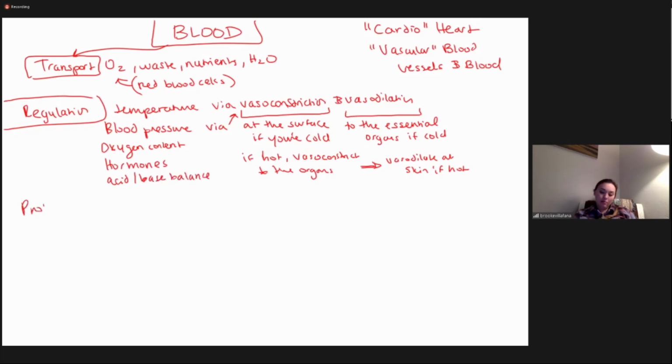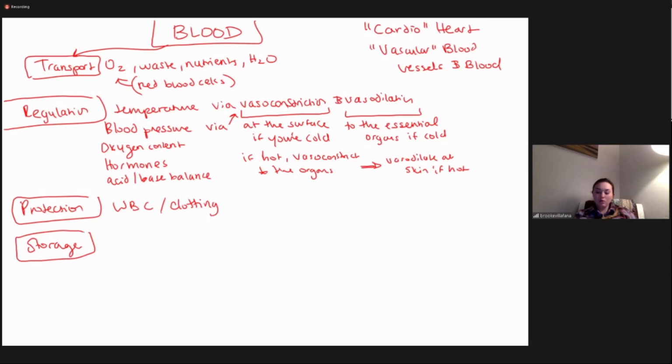Another function of blood is protection. The blood has your white blood cells, and it has the ability to clot to keep you from bleeding out, right? That's a way to protect you. Your blood also performs storage, right? So it stores oxygen, waste, nutrients. This is kind of the same stuff as transport. Remember that